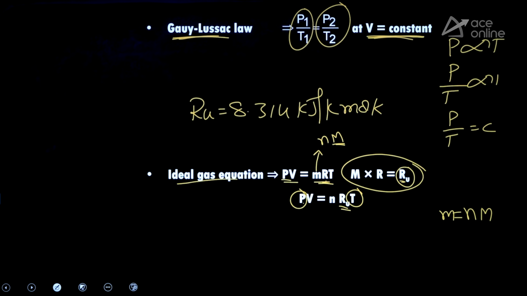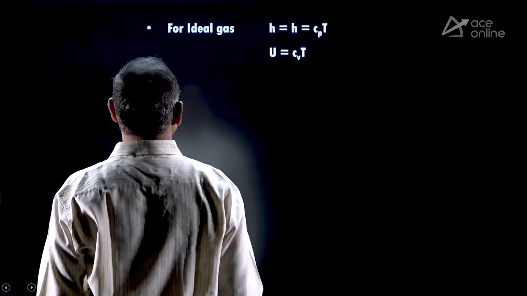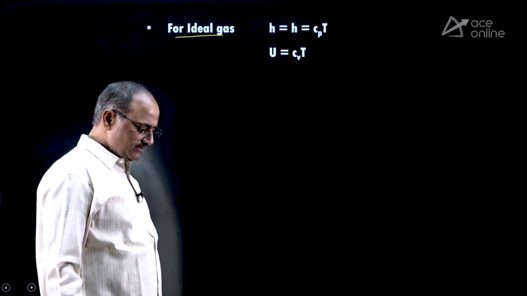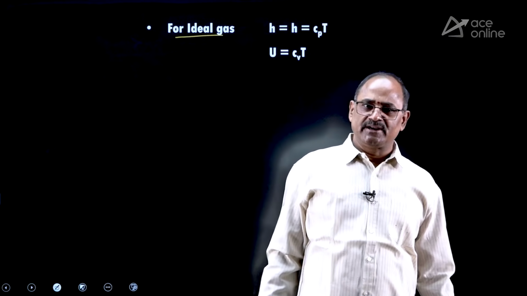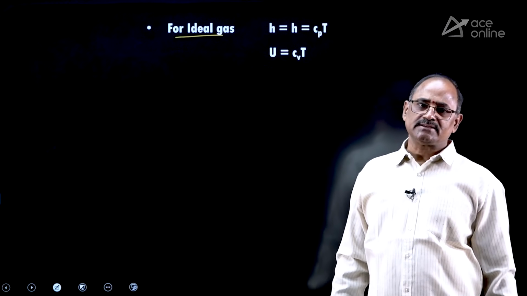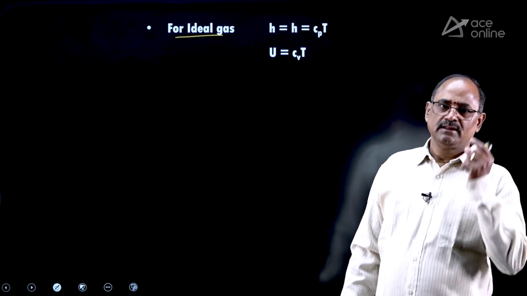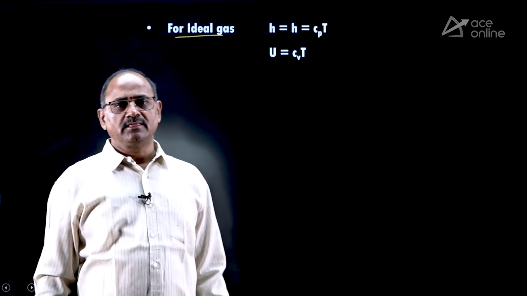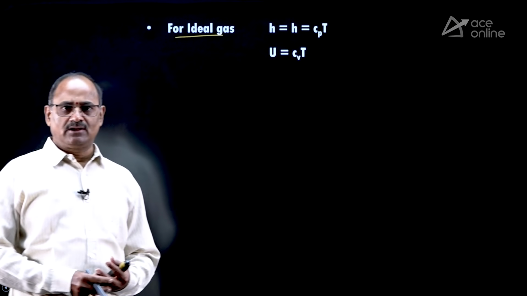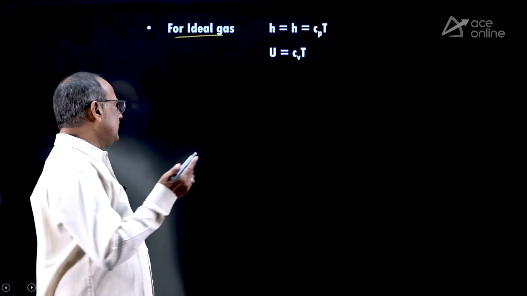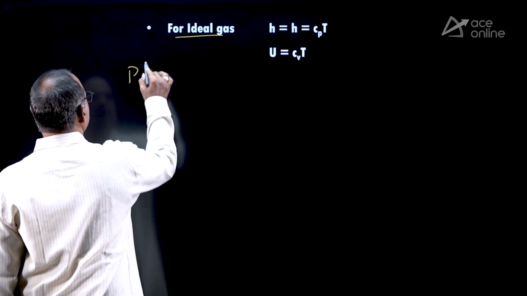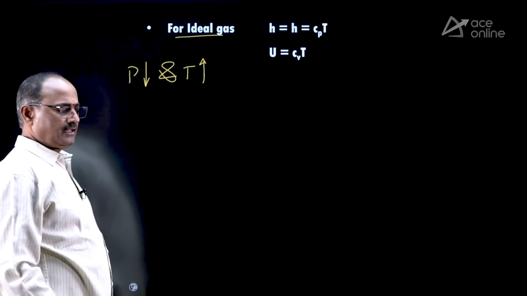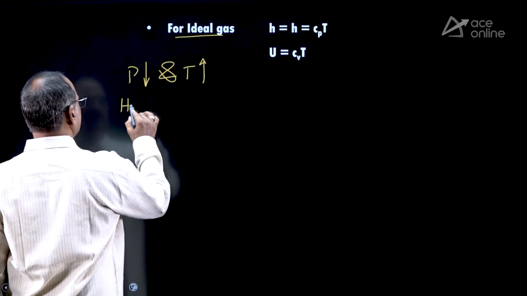Similarly, look at another important formula. Remember, for any ideal gas, the gas which obeys all ideal gas law principles at all ranges of temperatures and pressures is called ideal gas. Strictly speaking, no gas available in the universe is following all the ideal gas laws like Boyle's law, Charles' law, Avogadro's law, Regnault's law. But comparatively, at very low pressure and at very high temperature, there are certain gases like hydrogen, helium,